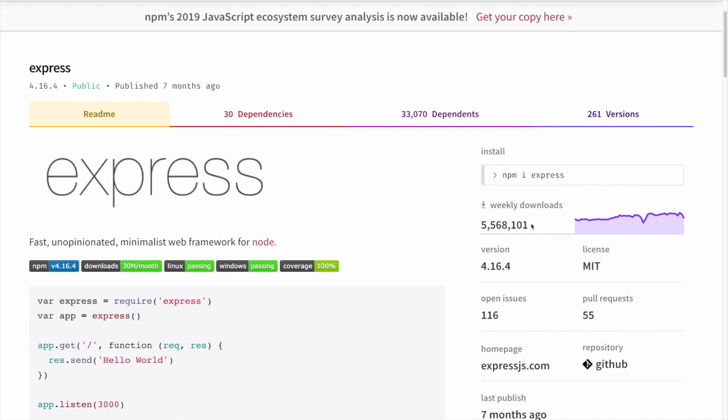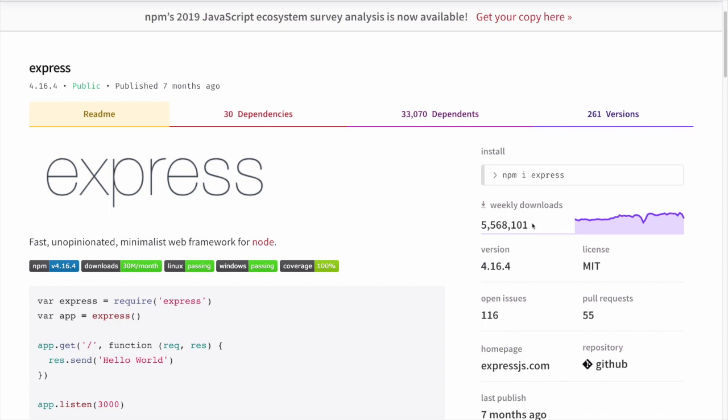Now, just so you know, these download numbers can be a little bit misleading because this is actually a measurement of how many times the package has been downloaded, period, in the past week. That could be from caching services, which are caching different packages. It could be in development. It could be CI/CD servers. It could even be somebody writing a script to download their package thousands of times a day. As a rough estimate, it's a pretty good measurement of how popular a package is.